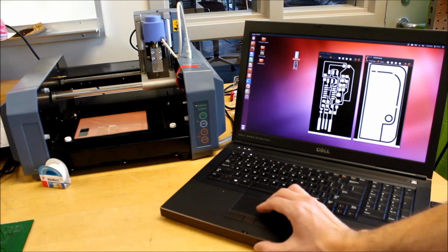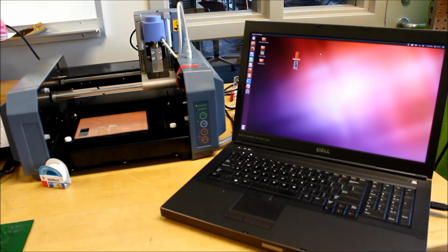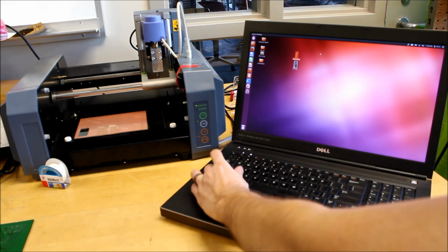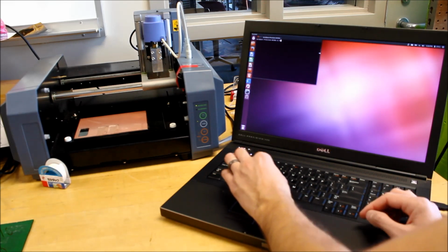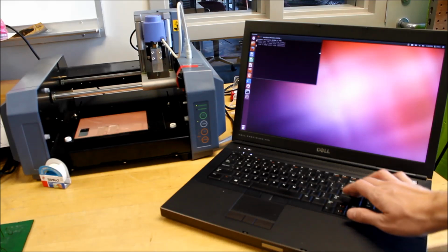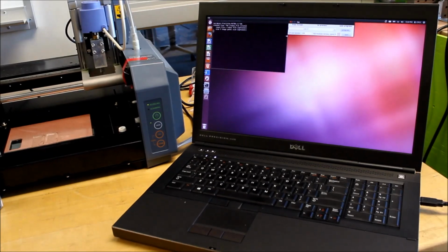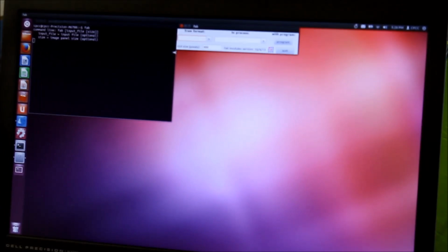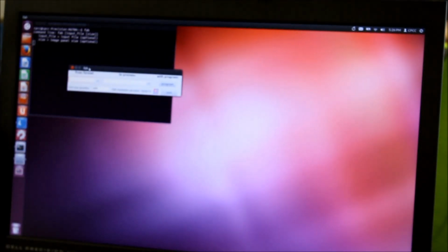So we have these that have already been exported from EagleCAD. We're using Ubuntu and we're going to use the Fab modules. So we need to actually run these from the command line once they've been installed. So hit Control-Alt-T to bring up a terminal window and type the word FAB, and that's going to open up our Fab module